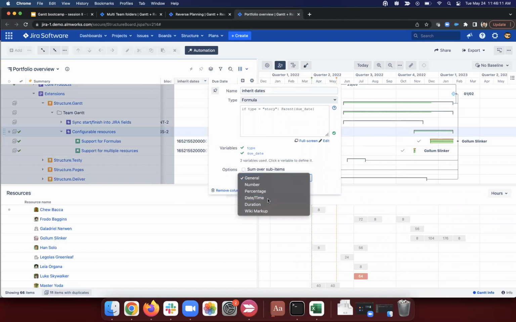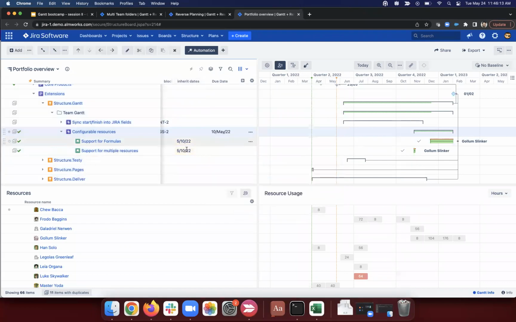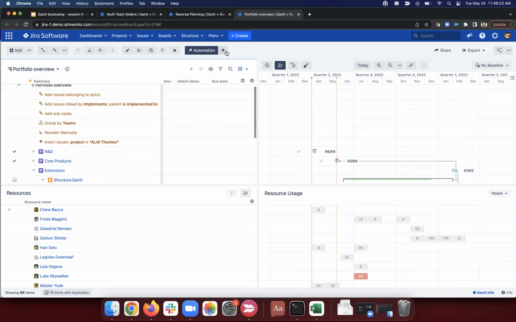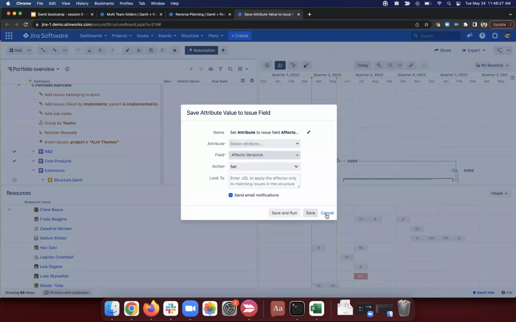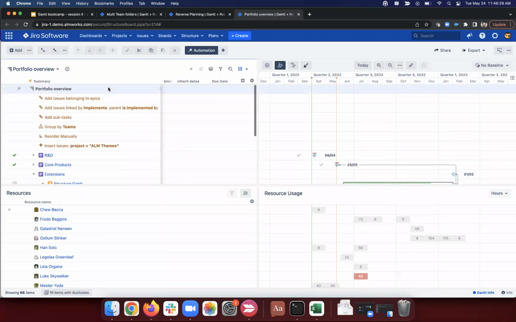I want to change that output to be date time so that these are readable. And of course, this is the same date, even though it's formatted slightly differently. Then what we can do is add an effector to copy this. So I can add an effector here, attribute to issue field, and of course this is going to fail. We need to add it at the top. So I'll